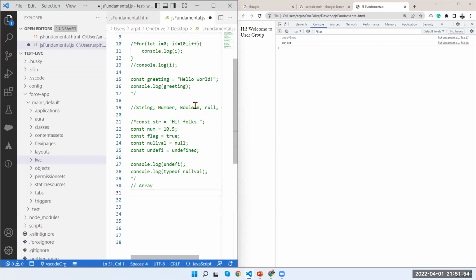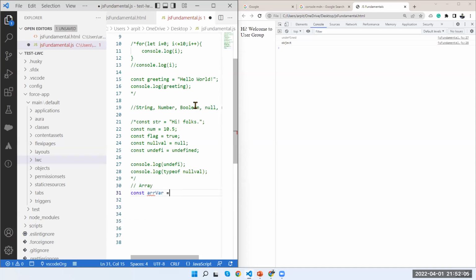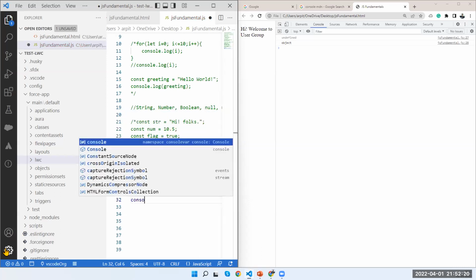If I want to use an array, I can use a constant array variable, and I can define values here. Let's suppose I'm defining 14, and